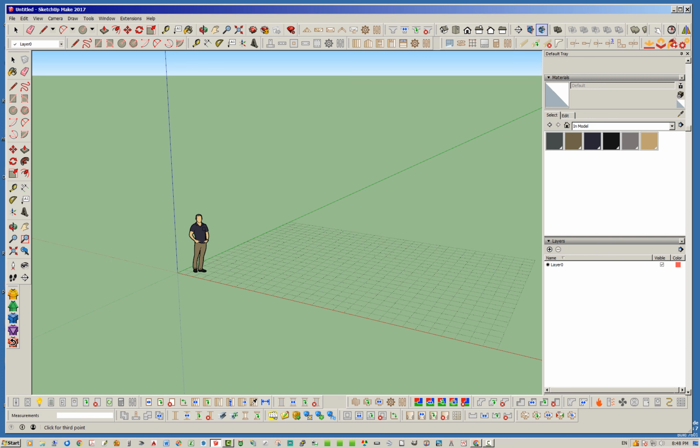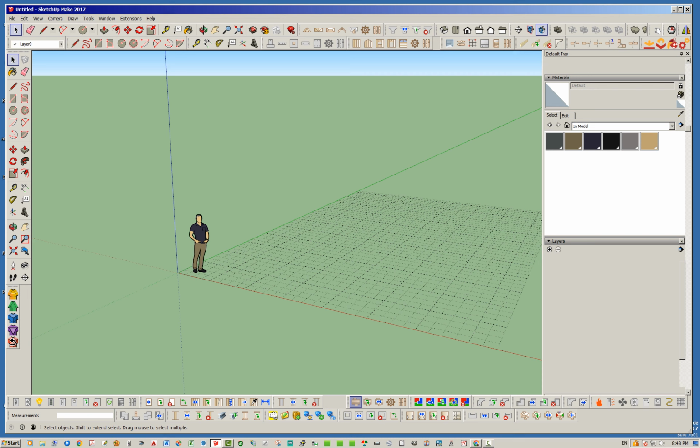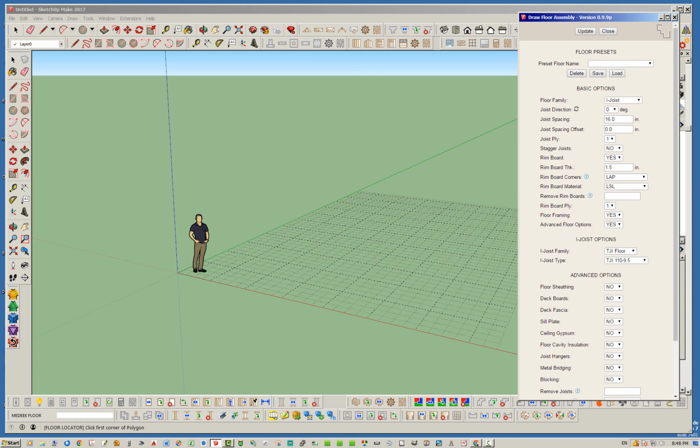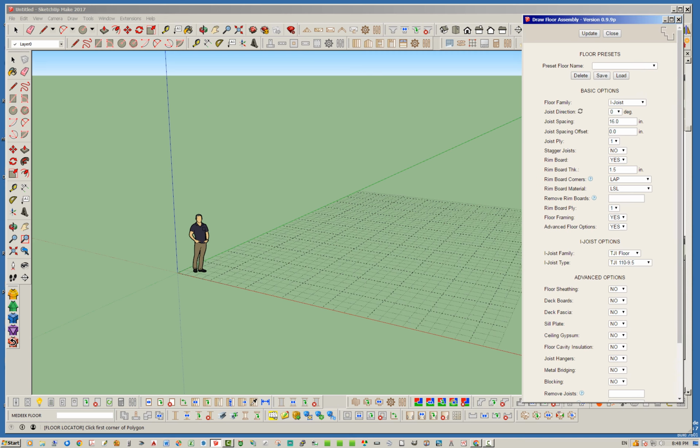Let's go ahead and just lay down a real quick grid, and then let's draw ourselves a floor. All right, just give it a second here, load up our floor menu. It's over there this time. All right, so let's go ahead and put our seal plate down just so we have that. We'll leave all the other options off just so we can expose these joists and trusses so we can see